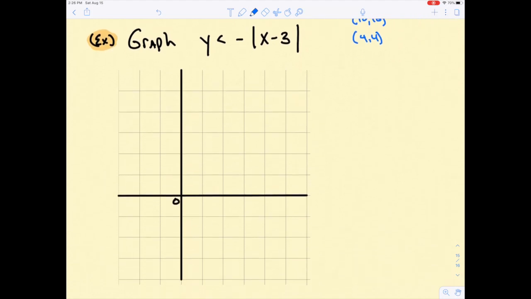So it says graph y is less than the opposite of the absolute value of x minus 3. Now, I'm going to use a couple of the ideas from before. I'm going to nail down my vertex. My vertex is, let's see, that says -3, so I remember it's opposite, so 3. And I don't see any up or down movements, so 0. So (3, 0) is right here. There's my vertex. I recognize that I do not have any multiplier that will stretch or compress, but I do have